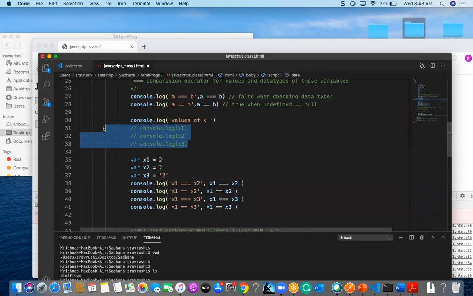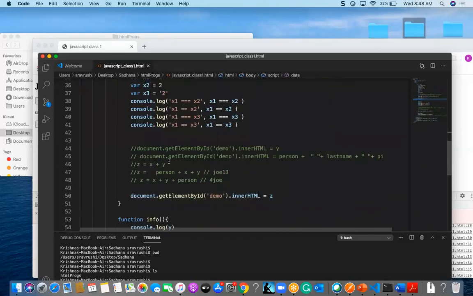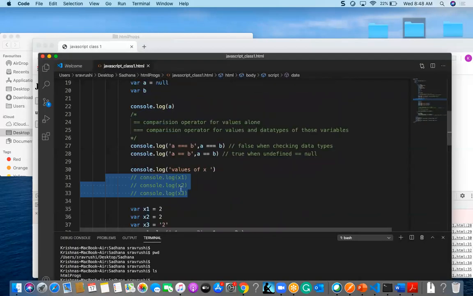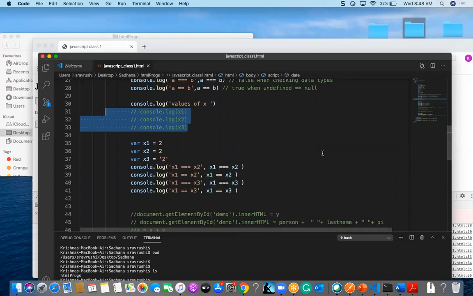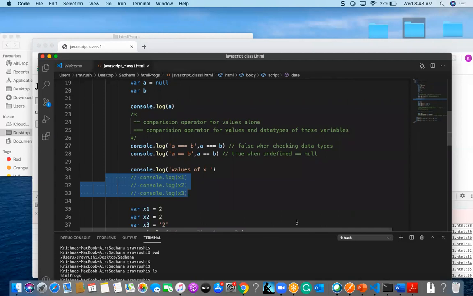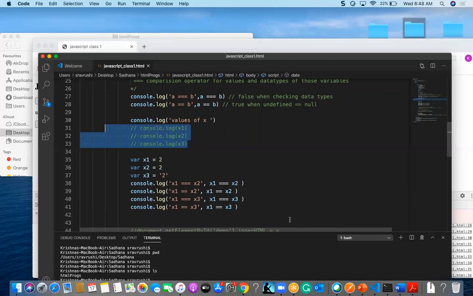Yeah, so that's about double equal to and triple equal to, comparing string and numeric, numeric and string, undefined and defined, undefined and null, and concatenating a string and a numeric.